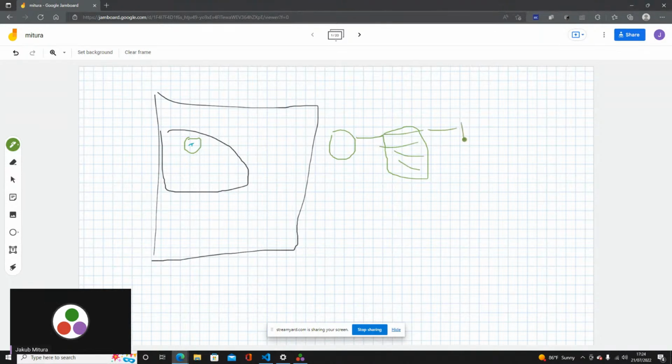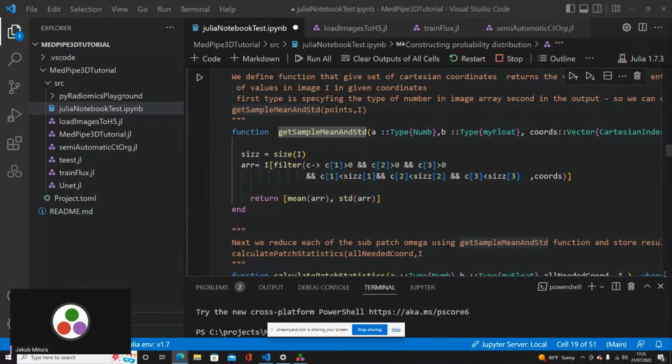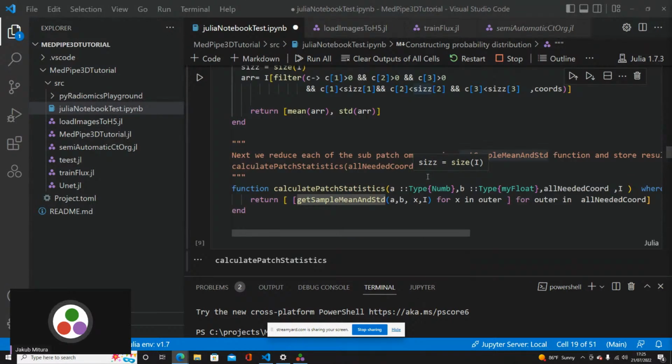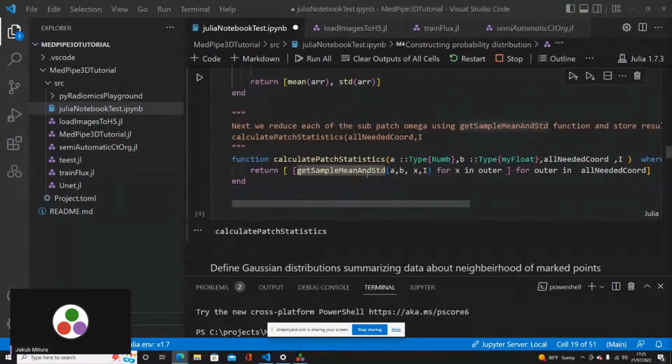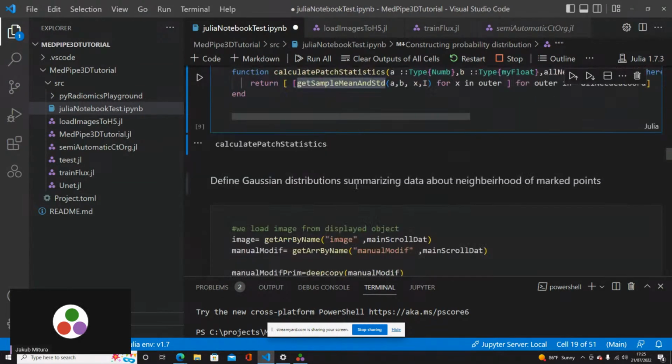From it we get the mean and the standard deviation: we take the variance and then square root it. But the important idea is that we get the patch that is the representation of the data here. Are there any questions? No. Okay. And this is what is happening in this get sample, mean, and standard deviation function.